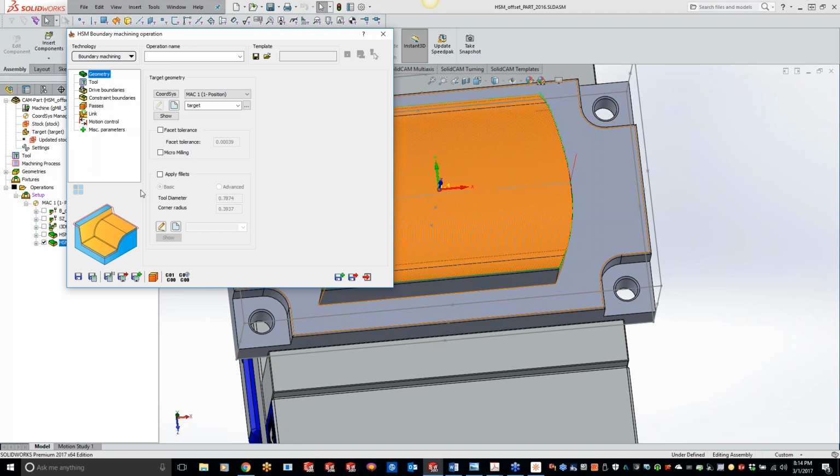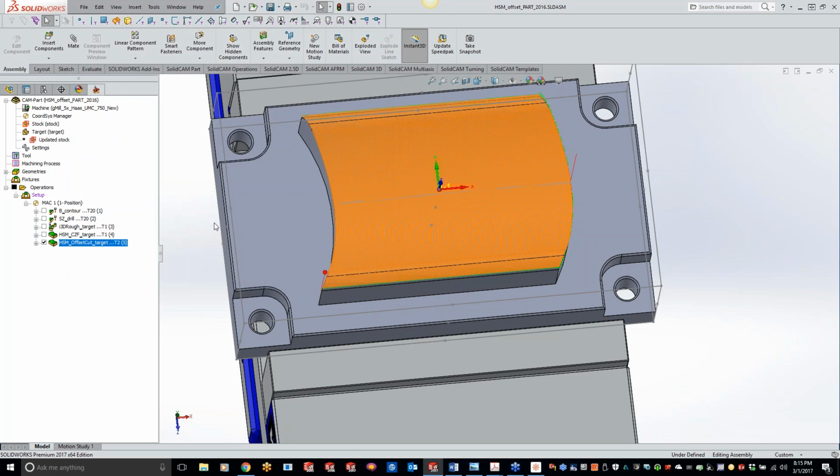especially on a 3D contour, just because even if we try to throw a deburring on at an angle here, we can use the 3D contour, but we're not going to get as nice of a finish as if we're using HSM. So,